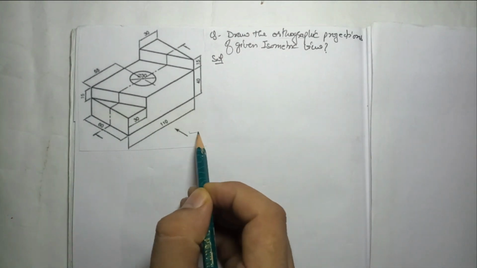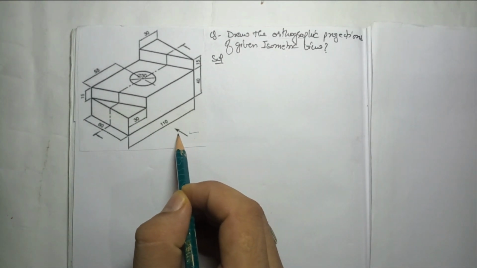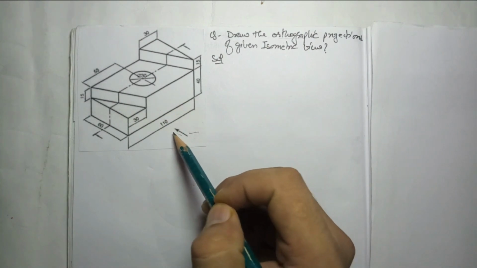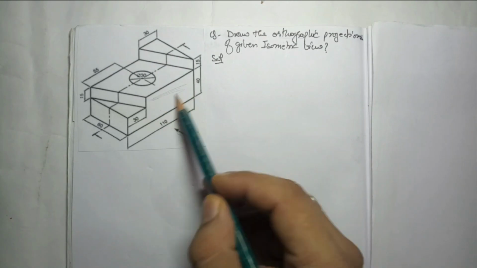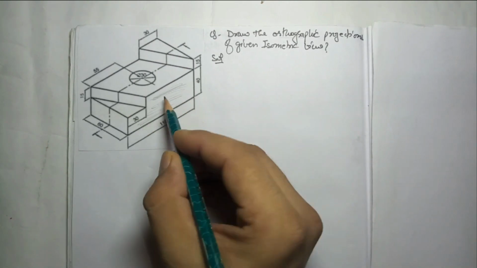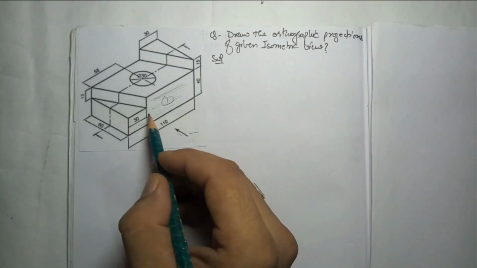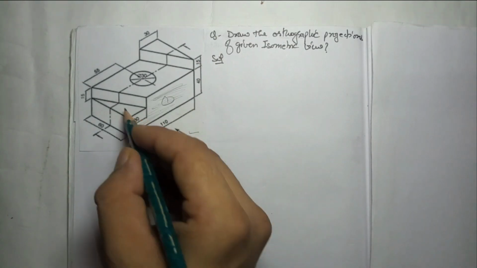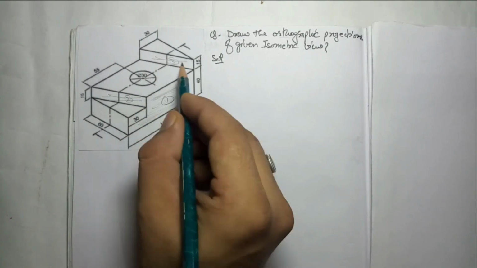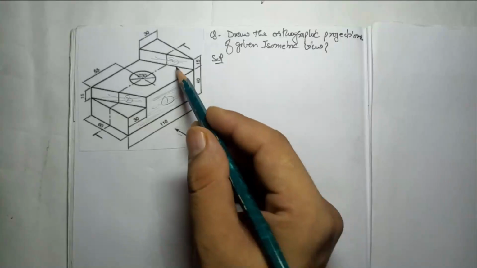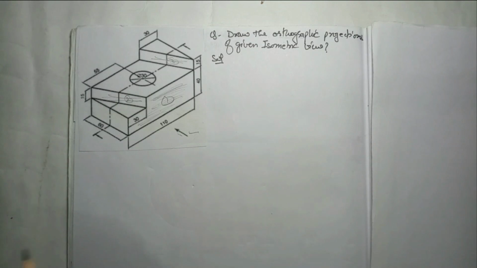Now an arrow is given for the front view. Front view means when you have to see from this side, I have told you to take it parallel to your eyes. Now you can see this surface. First we do the identification, so you can see this surface 1. After that, on this side you can see the second surface, this inclined one, and you can see the third surface, this inclined one. But when you see these surfaces, they will look like a straight one.